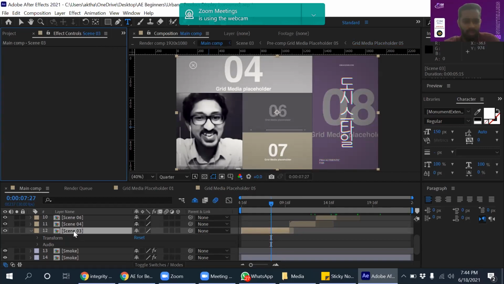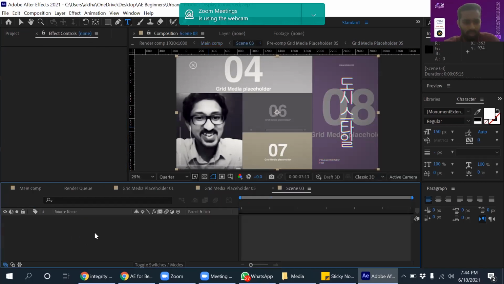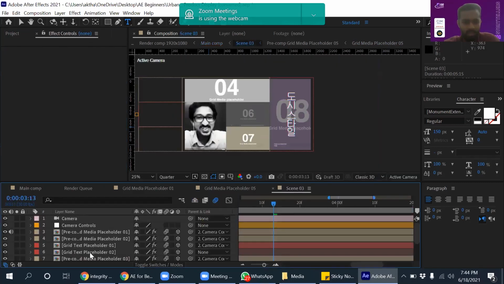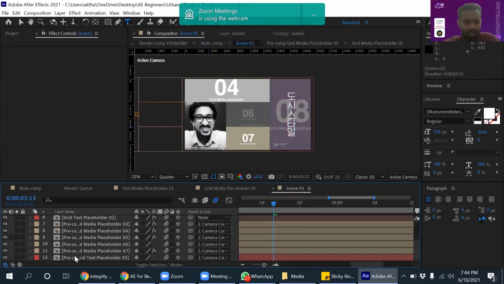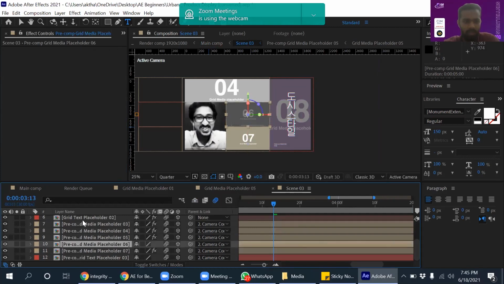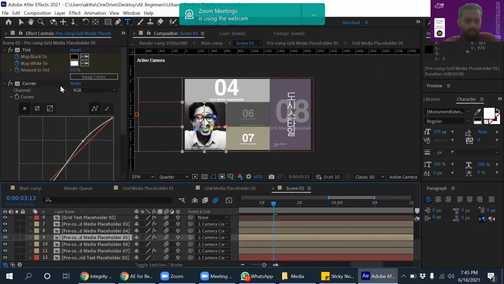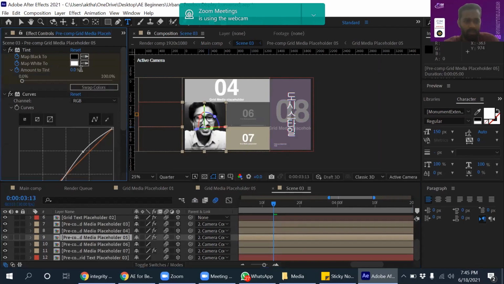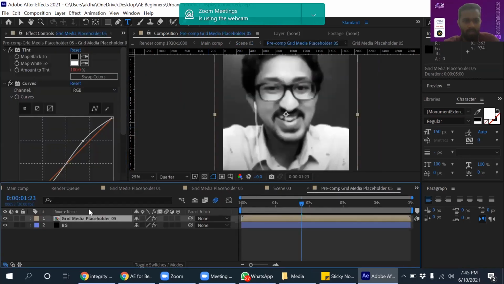So you can go inside the scene, double click this, and there it will show separate media placeholders. You can select them one by one and see if there is anything. So you can find out that there is a tint that is given,